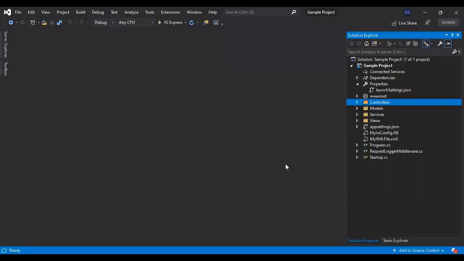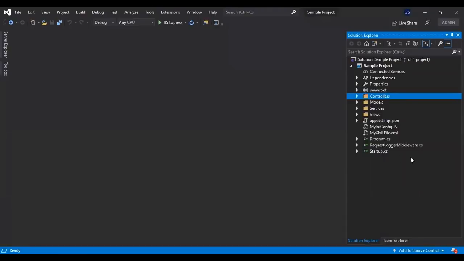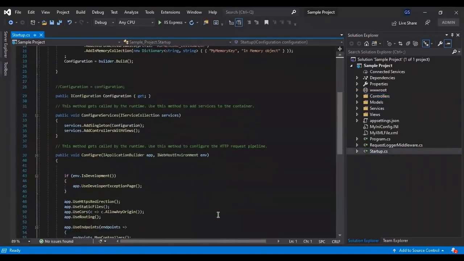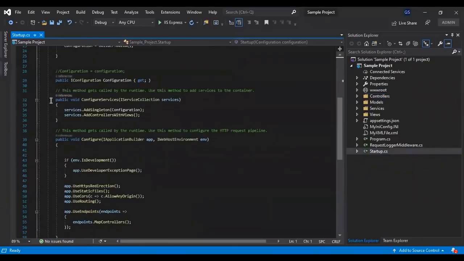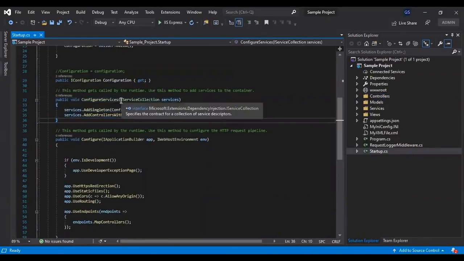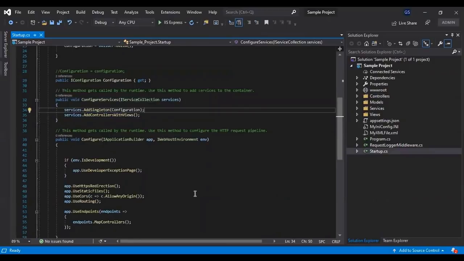Now we are in the project which we have created for this video tutorial series. Registering the service is done in the ConfigureServices method inside the Startup.cs file. In Startup.cs, we have ConfigureServices and it is receiving the IServiceCollection. The ASP.NET Core framework includes an extension method for each type of lifetime.